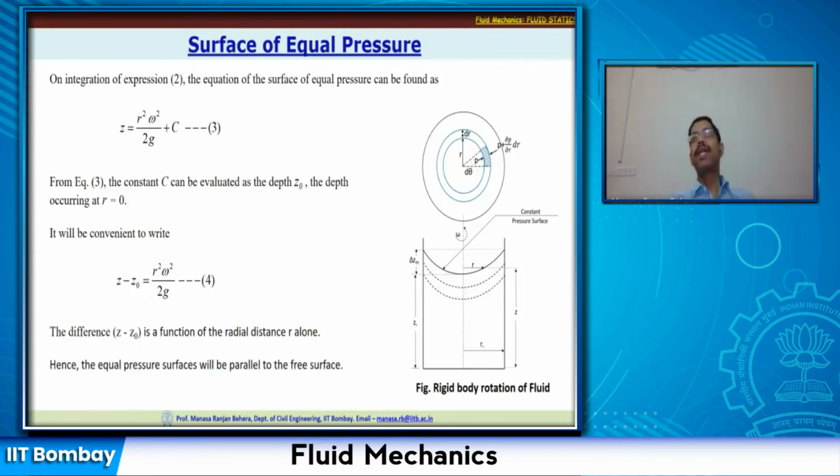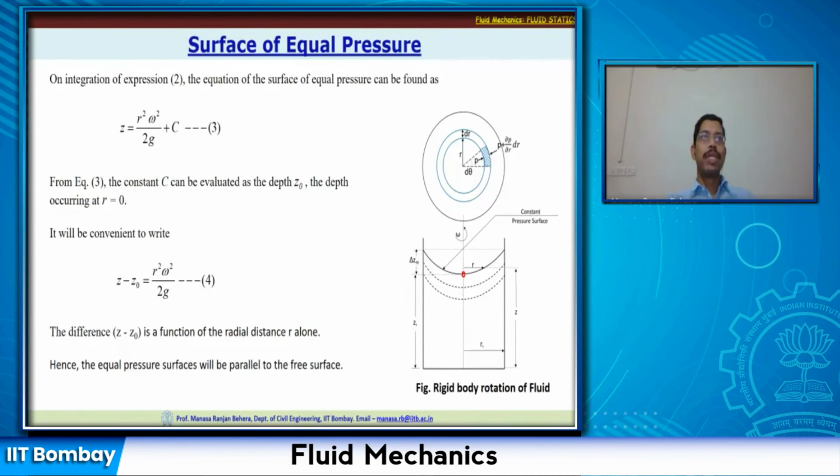And now we will apply the boundary condition, which we have discussed in the initial lectures. So what is the boundary condition? From equation 3, the constant c can be evaluated at depth z equal to z0. Okay. So now I will take this point, which is at the center or along the axis and along the surface of the fluid. So what is that? The z is equal to z0 here, and what we know, r is equal to 0. So if I substitute those, then my c is going to be,